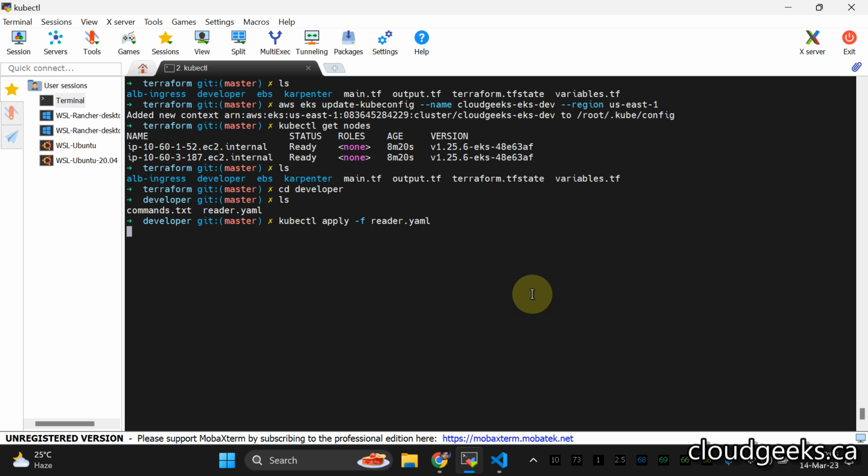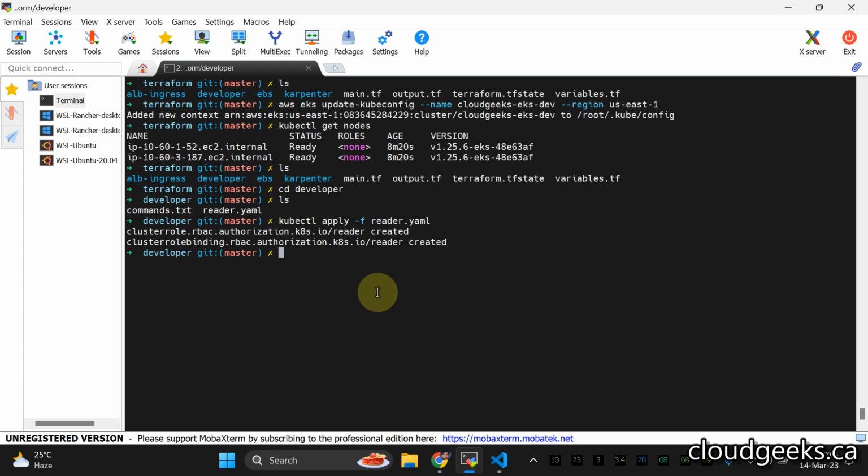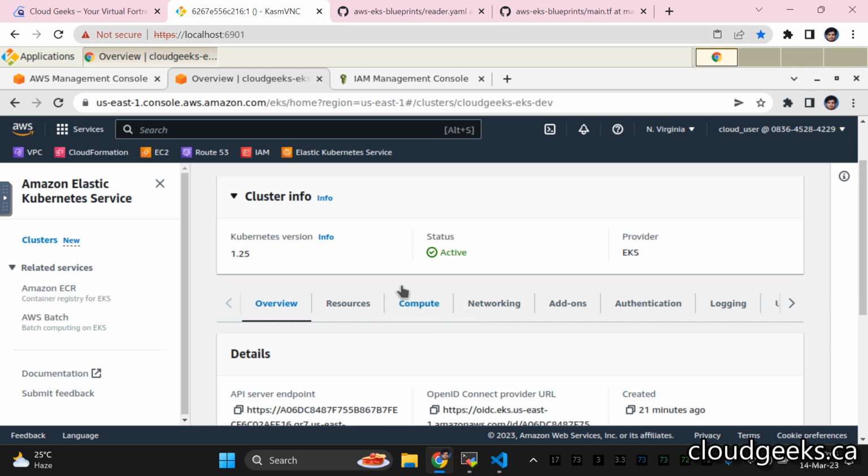So it is to the cluster role, set up the cluster role and cluster role binding in that reader section. So it has two parts. You see that one part is regarding the AWS, and another part is inside the Kubernetes cluster. So inside the Kubernetes cluster, we have applied that part to make sure that particular user, for instance, we are